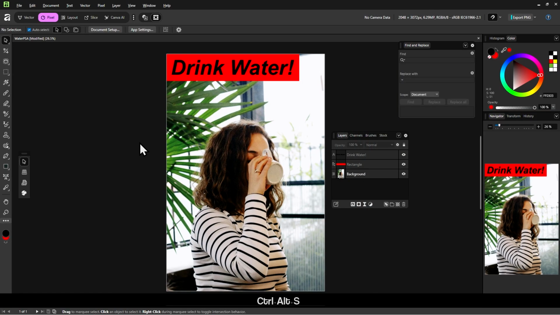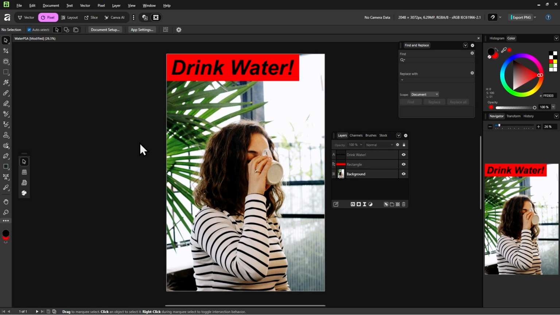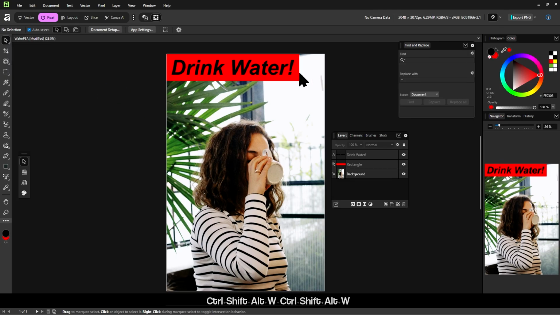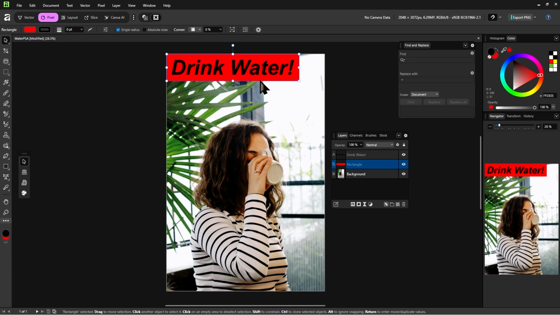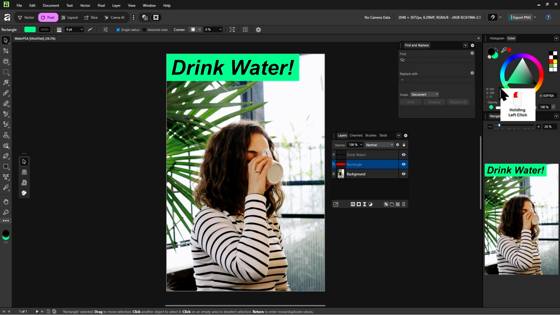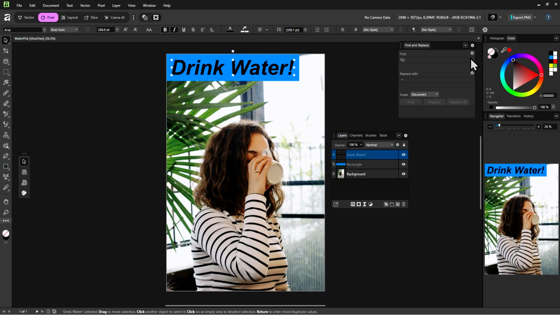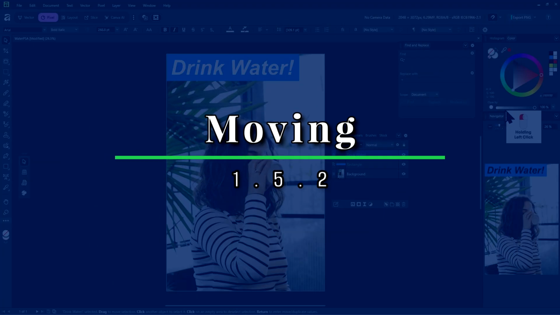Okay, so I want to go a bit more in detail about the move tool. Just a recap, it is the tool that you use to select objects and to move them around, as the name suggests. But first, let's make the color of this rectangle and the text a bit more fresh, watery-like. I'll change the rectangle to this kind of blue and the text to white.